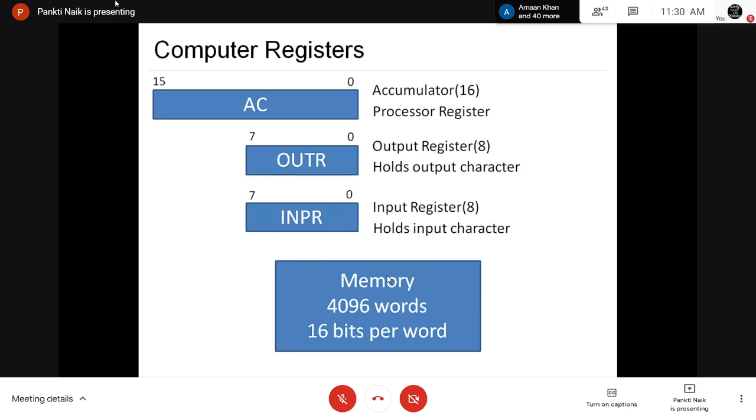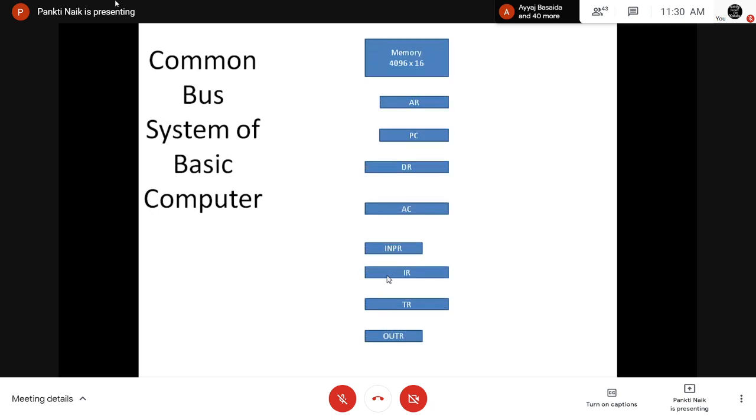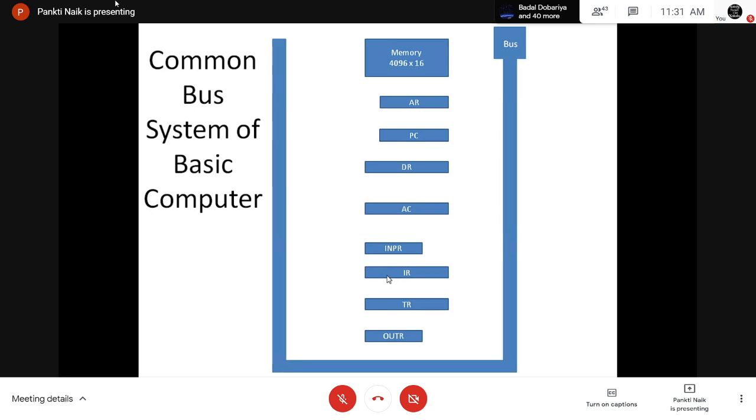Right. Now we will see the common bus system of the basic computer. Your basic computer has a total of 8 registers, a memory unit, and a control unit. The 8 registers are AR, PC, DR, AC, INPR, IR, TR, and OUTR.